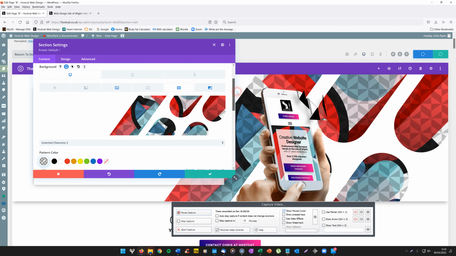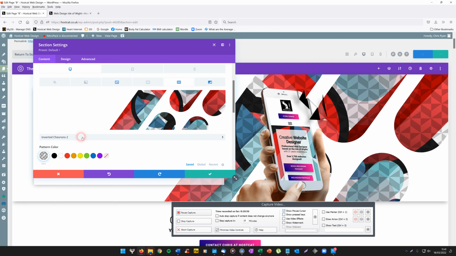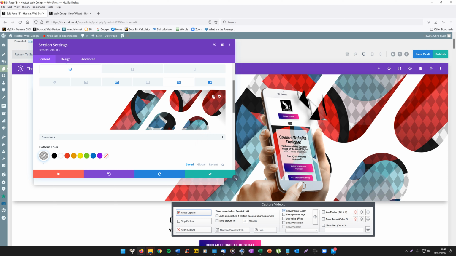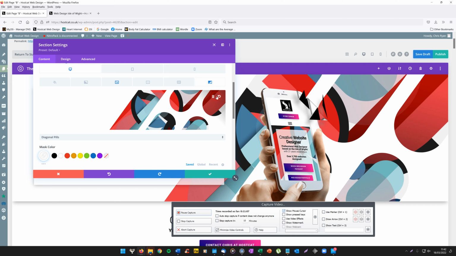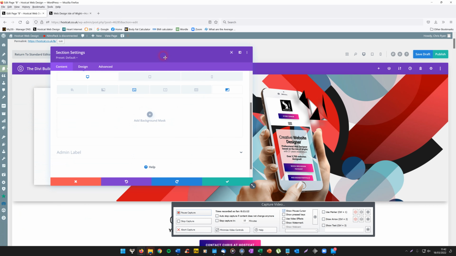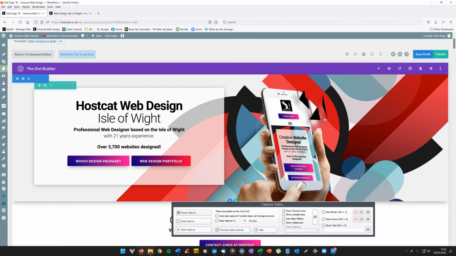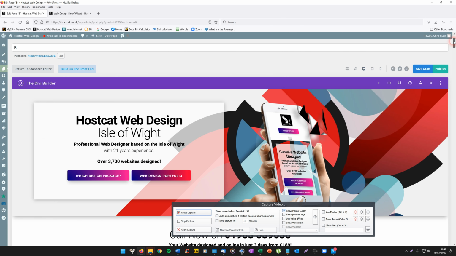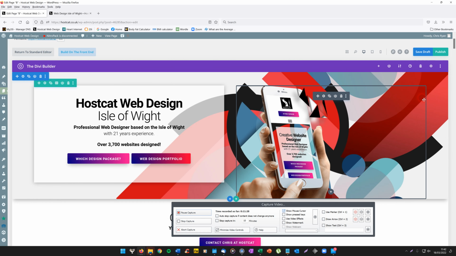Always remember, if you're playing around like this, to undo it, just take it back by clicking the trash bin. So don't want the pattern, don't want the background mask. I just want the image as it is. This is a very simplistic way of showing you, but that's how you change images. And as I said, don't forget, you're going to see not particularly the part of the image that you want. You can't position that image